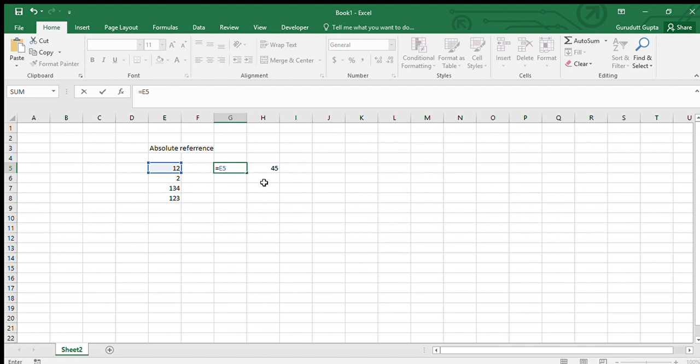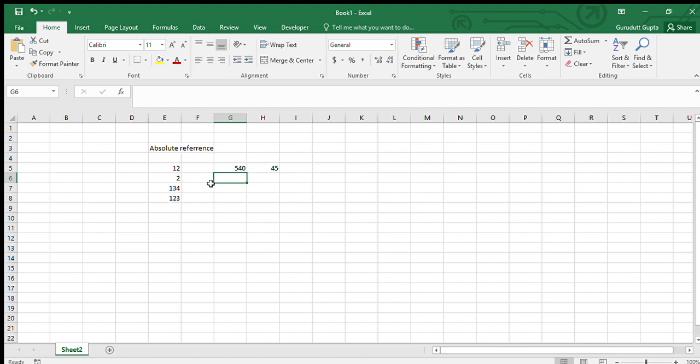Times, and by the way, we need to multiply all these digits with this number, 45. Times the address of the second cell, which is H5. Enter. But with this formula, only the first number got multiplied, but we need to